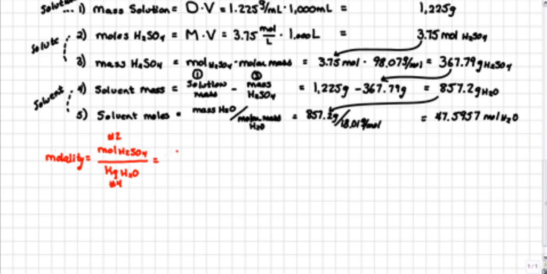The moles of sulfuric acid, 3.75 moles. And then, being a little careful here with the water, in step number 4 we calculated the grams of water. What we really need are the kilograms of water, and so I'll take the liberty of moving the decimal place for us here. It's 0.8572 kilograms of water, moving the decimal place to the left 3 places, and what we do is divide those. We wind up with an answer, which is